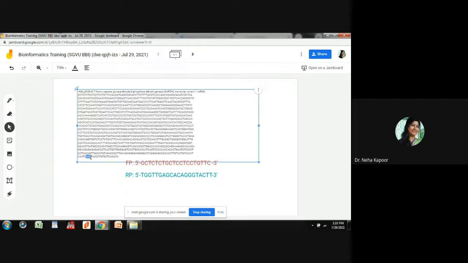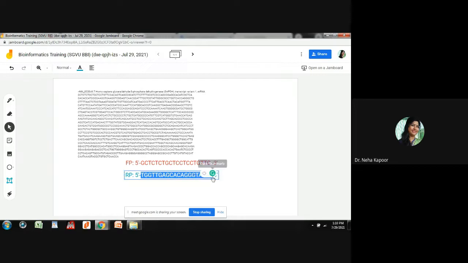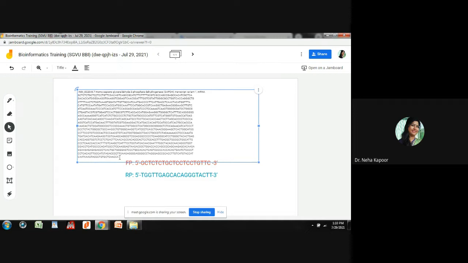As you can see, TTC. If I have to paste this sequence, or if I have to anneal this sequence over here, I am pasting this sequence. Just a moment. Here you see, I am keeping a gap now.